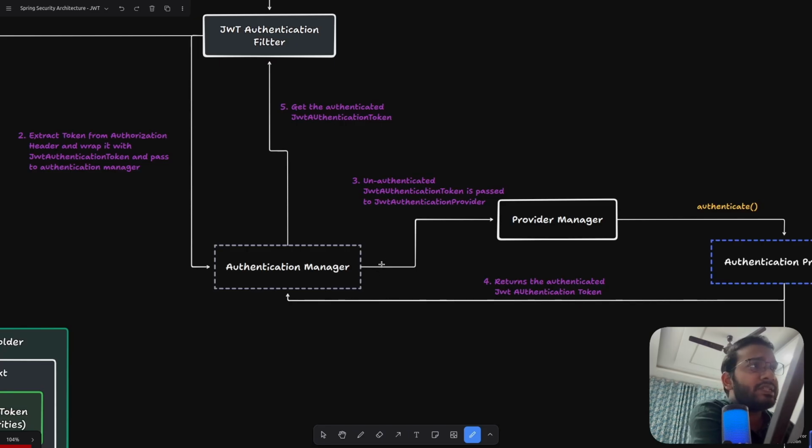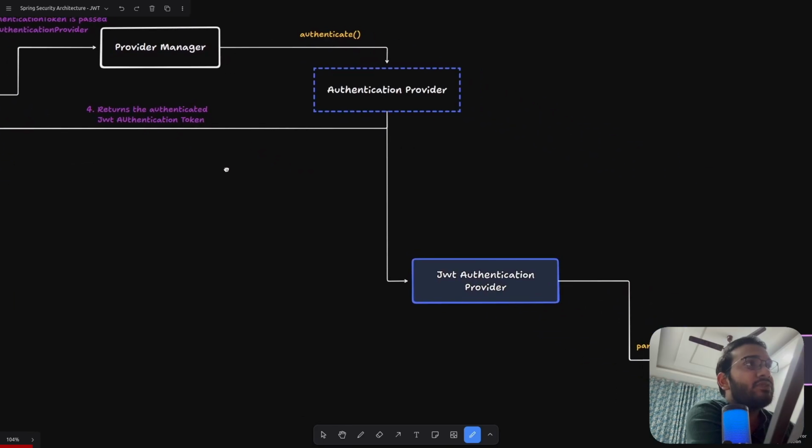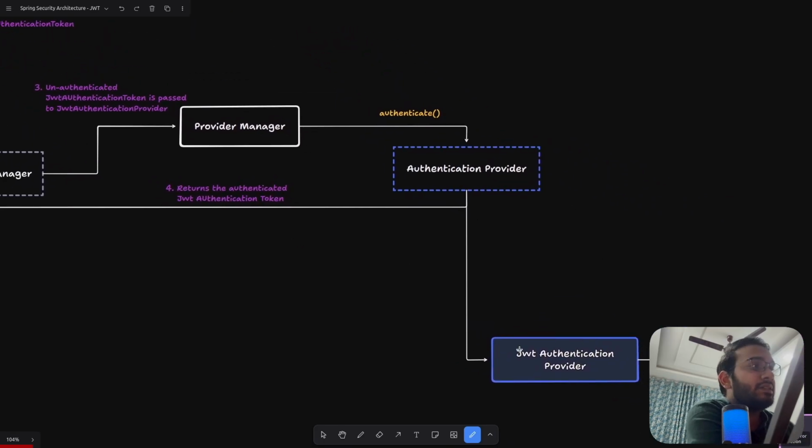Now this authentication manager will pass this unauthenticated JWT token to this provider manager, and it is going to find out the correct authentication provider. Now we'll tell this provider manager that we have the JWT authentication provider for authenticating this type of token, JWT authentication token, right? So what it will do, it will simply find out this authentication provider and pass this token